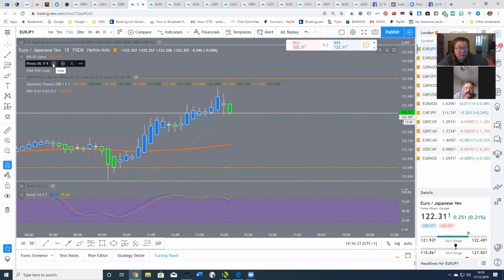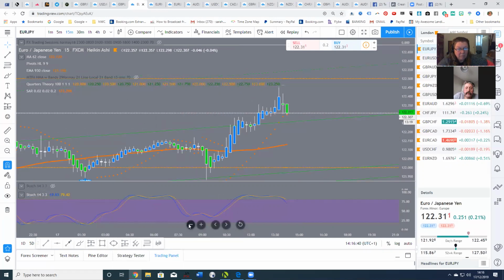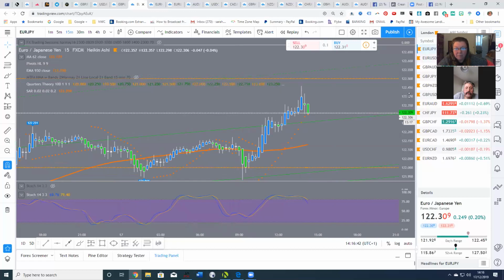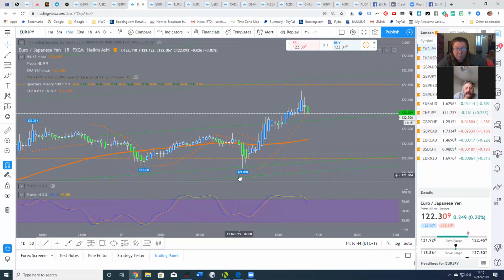Is it being slow to load? Not showing us on that any highs or lows. Oh, there's one. Previous low of 121.930. But to get down to that, it's got to go right down through quarter theory and back to that